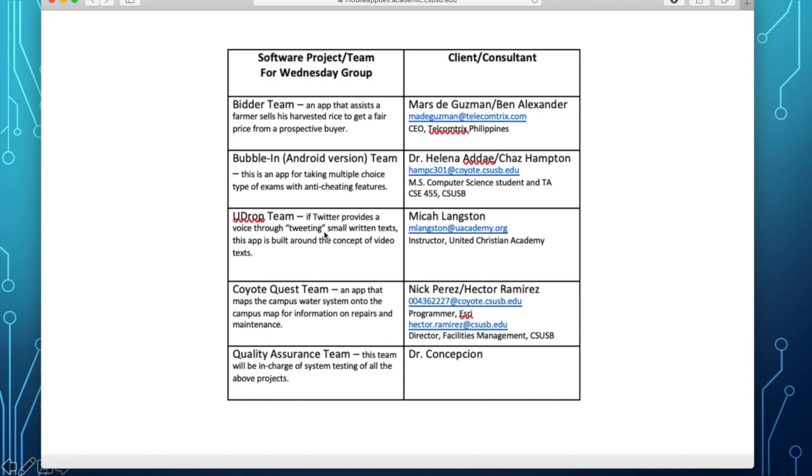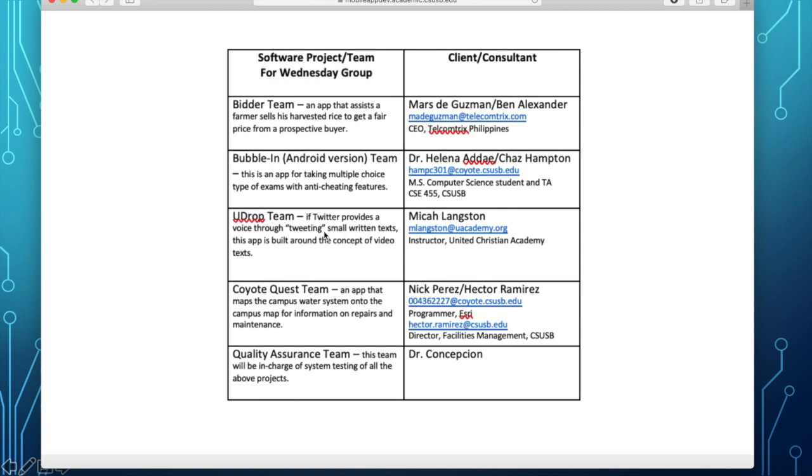And he wants the water system layout of the campus overlaid on the campus map. So the Coyote Quest, instead of information about faculty and offices on campus, we're going to overlay the